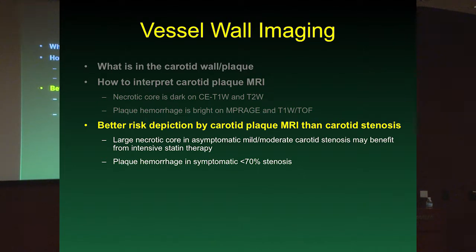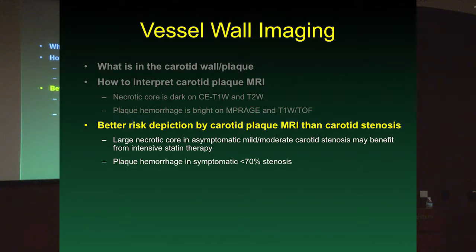earlier today. But the good clinical questions to get the data, as Michael had mentioned earlier, that we're trying to ask is how can we use plaque imaging to change patient management? And in particular, the two questions that we're going to be asking is patients with this large necrotic core, this pocket of pus you see as a non-enhancing area like I illustrated that we can see clinically. When we find that in asymptomatic patients with mild to moderate stenosis, maybe this group of patients should be given